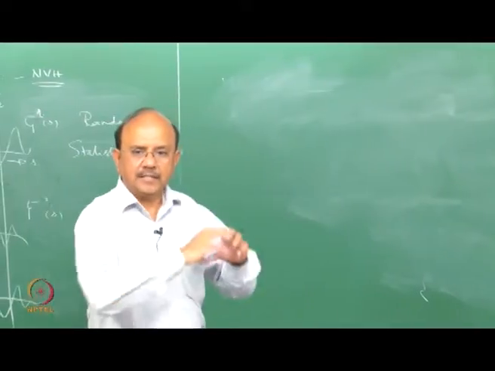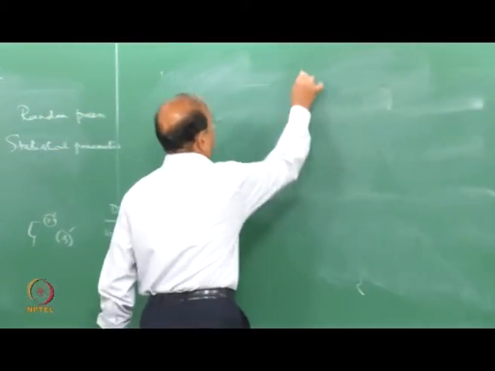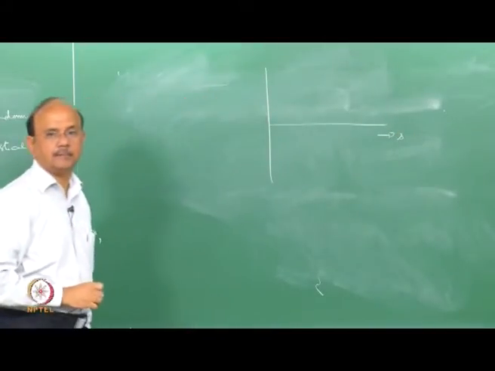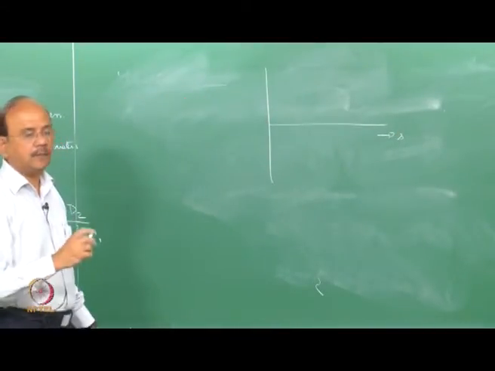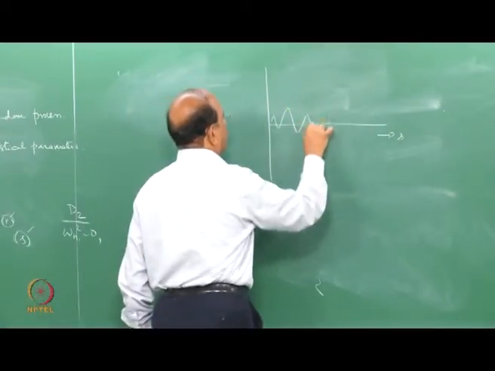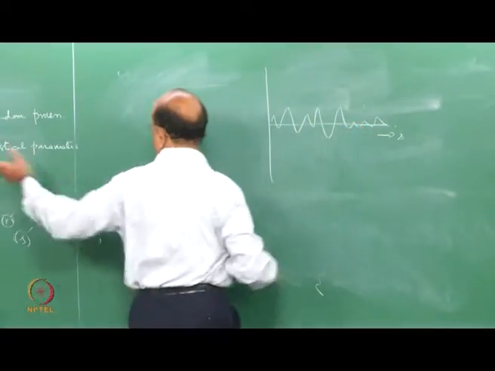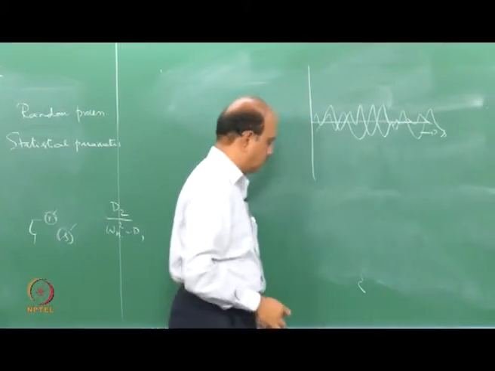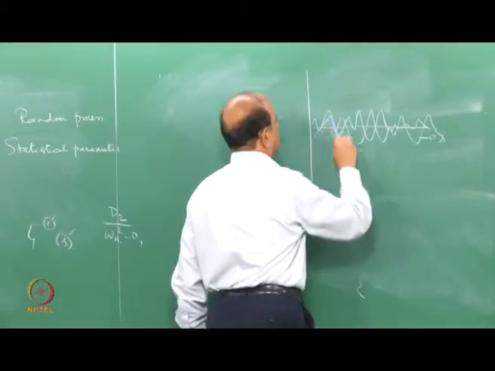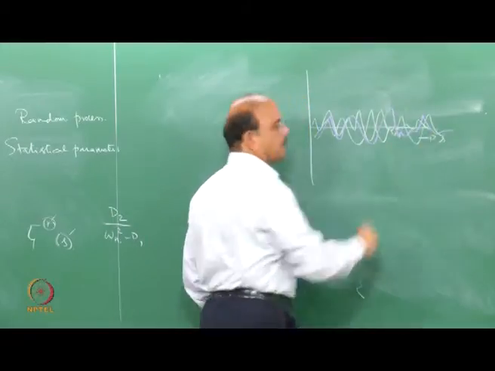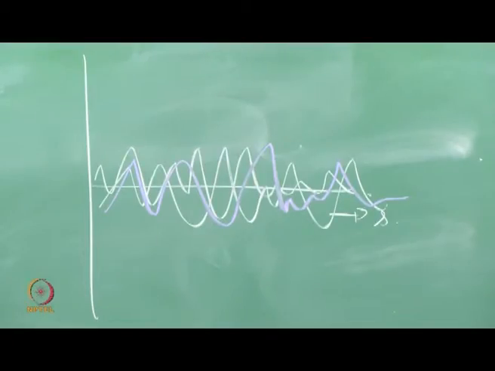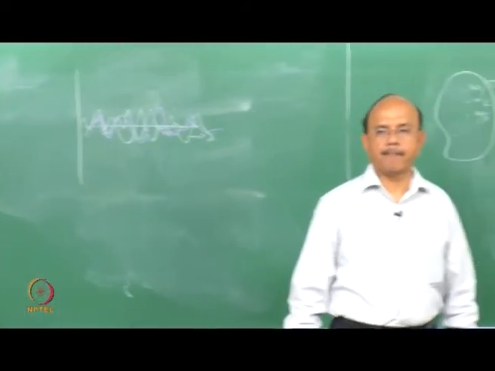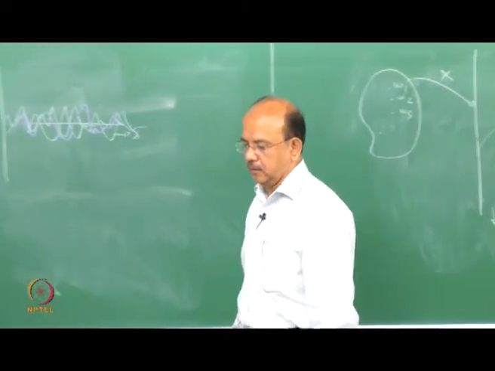Let us now put this in one go. One of them would be like this, the first one. The second one would be like this, the third one would be like this, and so on. Those are the zeta 1, zeta 2, zeta 3, and so on. Clear?